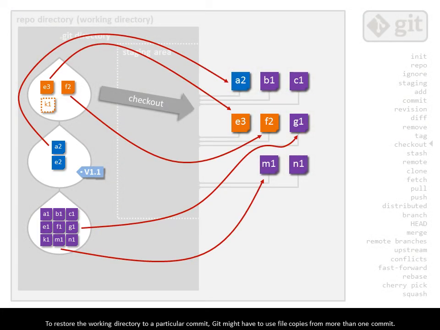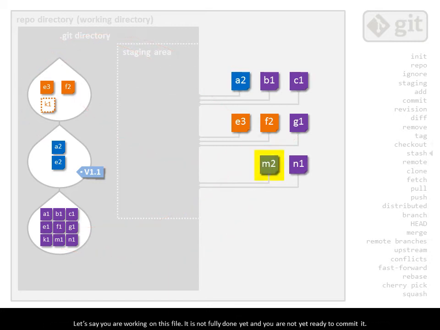To restore the working directory to a particular commit, Git might have to use file copies from more than one commit. Let's say you are working on this file. It is not fully done yet and you are not yet ready to commit it. What if there is a need to check out V1.1, which could potentially overwrite the changes you have done to the file? In this case, you can stash the changes first,